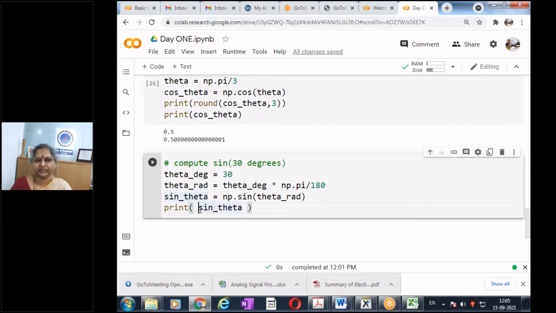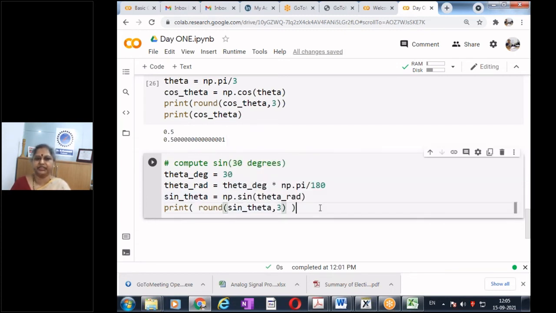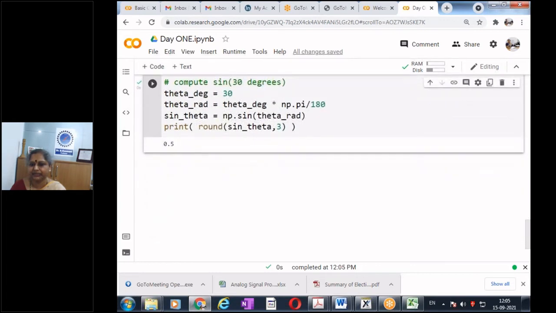But to make my answer look good, I will round it to 3 points after decimal. So I am taking the angle in degrees, converting it to radians, computing the sine of the function, and then printing. What's the answer? How much is sine 30 degrees? Is it an expected answer? Are we getting the same answer?